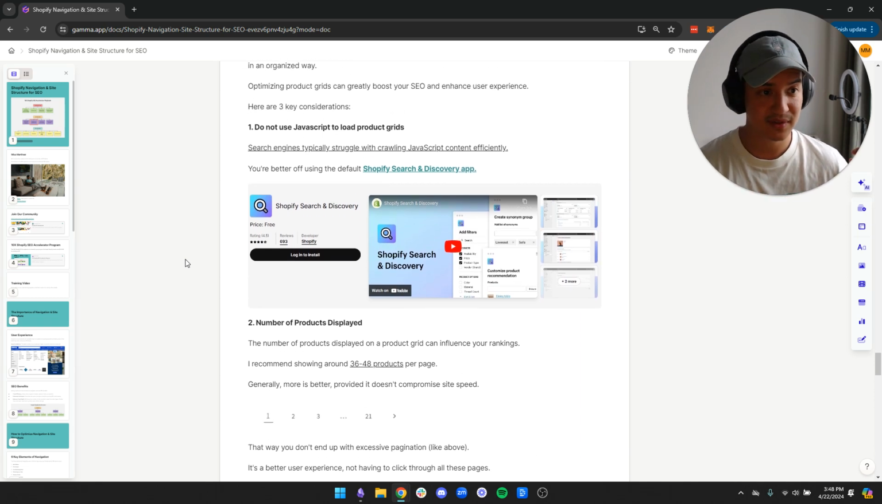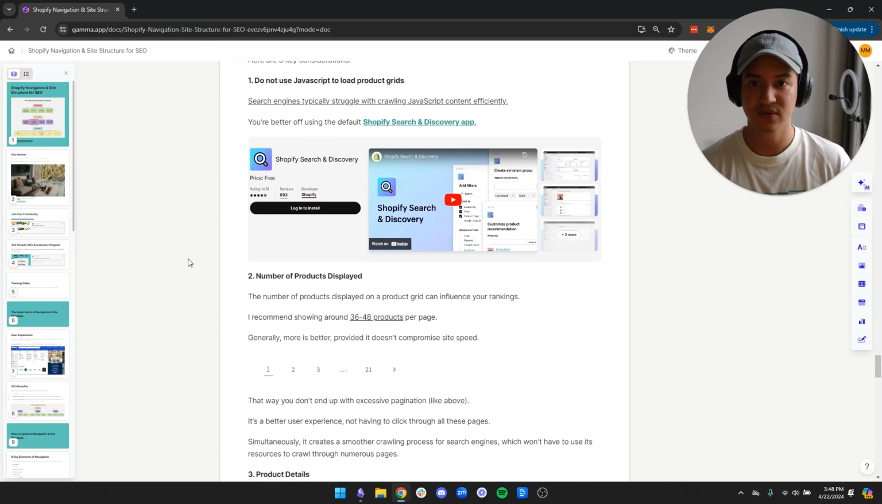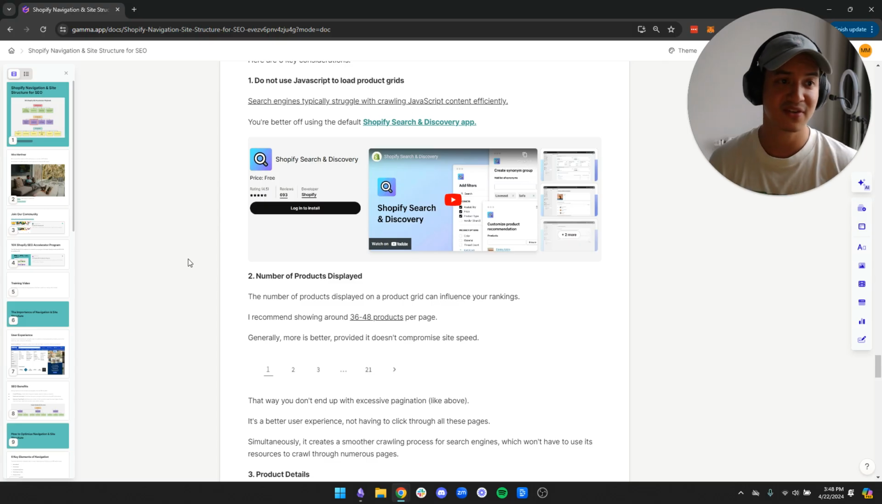Product grids can greatly improve your SEO and enhance user experience depending on how you build them, right? So here are 3 key considerations. Number 1, do not use JavaScript to load product grids. Search engines typically struggle with crawling JavaScript content efficiently. And you're better off using the default Shopify search and discovery app